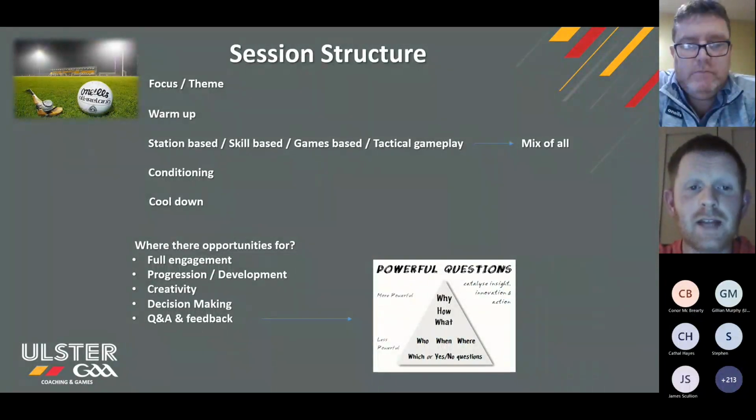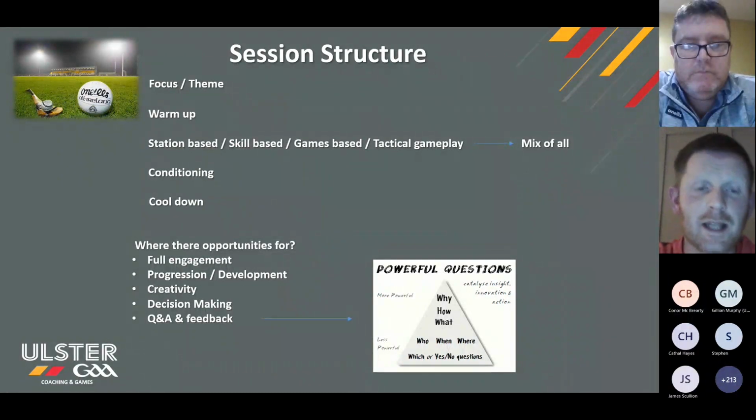Is there creativity in the session? So are we taking the creativity out of our players? So you look at the Cliffords at the weekend there, were they stifled by not being allowed to do X or not to do a way of training, or were they told, listen, you get the ball and you can try this or try that? So as coaches, what can we do to allow that wee bit of creativity in our